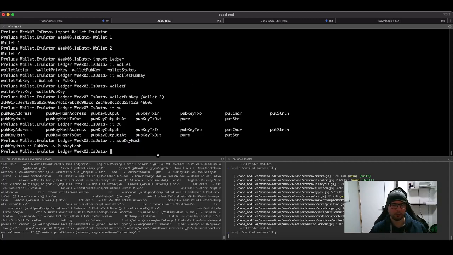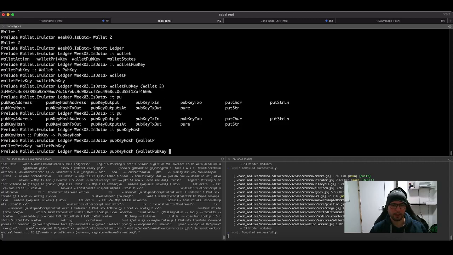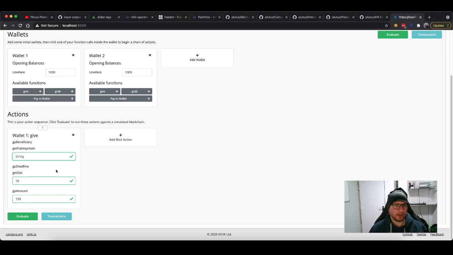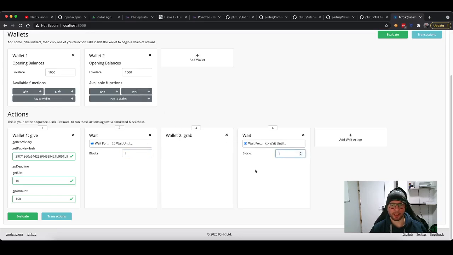So we should be able to concatenate those two functions, called wallet pub key of wallet 2, put two parentheses, and this is the string that we were looking for. Now, this is the first step. We need to give one slot for everything to settle, and then let's make the happy case. We just do the grab and we wait again, and then basically we should see that wallet 2 is able to collect these 150